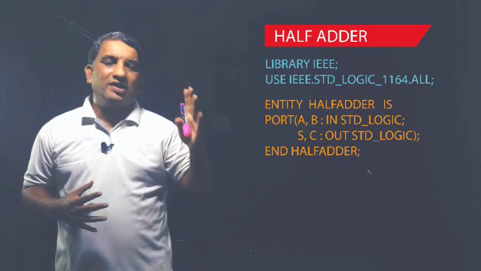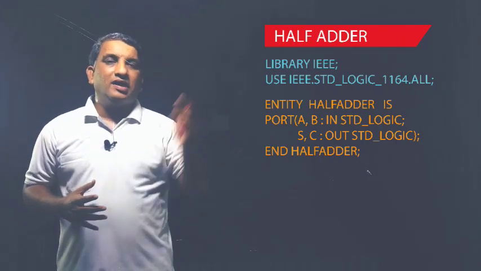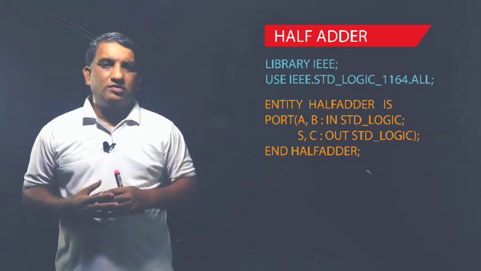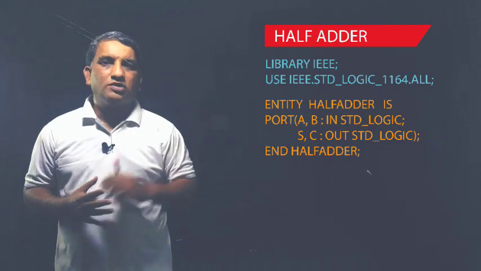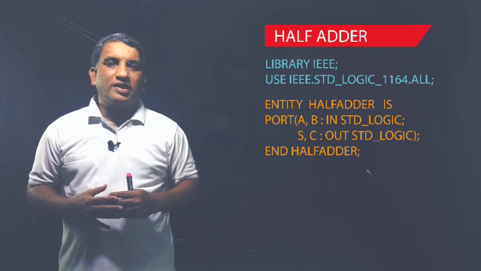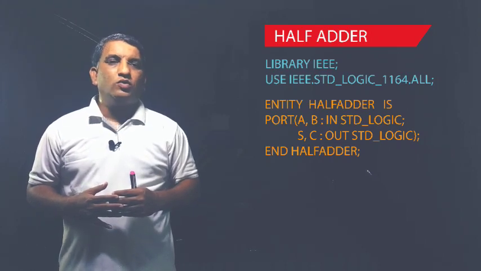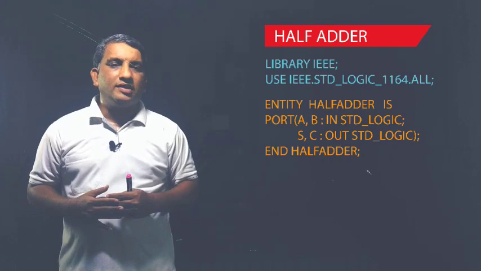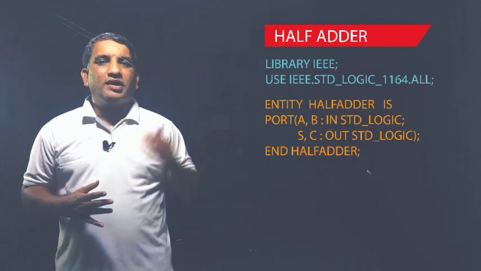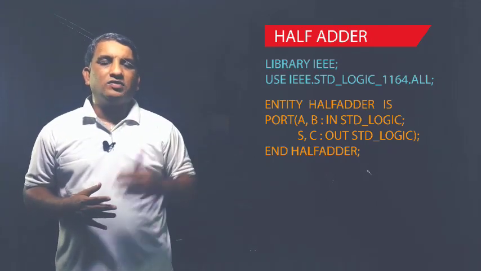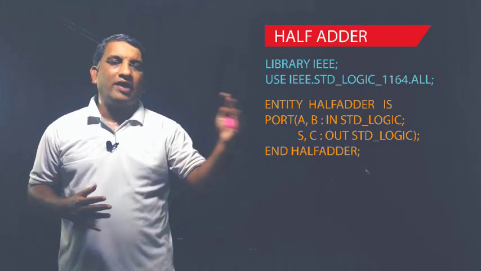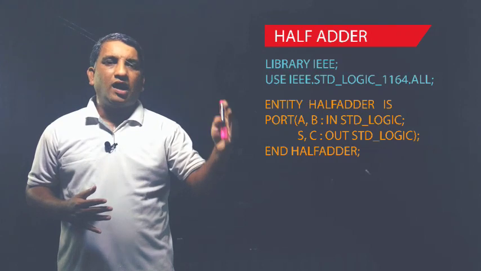दोनों के ऊपर आने वाला भी डेटा टाइप सेम है. So that's why I will declare both in a single line as s comma c, then colon, the mode is out because they are the outputs, and the data type will be std_logic. So once you write the final port, you have to close the round bracket first and then give the semicolon. Right? And then after that you have to write end and the name of the entity. तो the end keyword के बाद आपको entity का नाम देना है और entity का नाम क्या लिया था हमने, half adder. So I will write here end half adder.